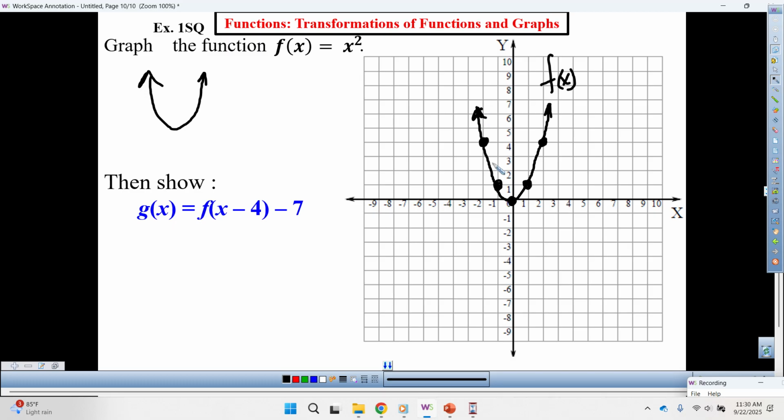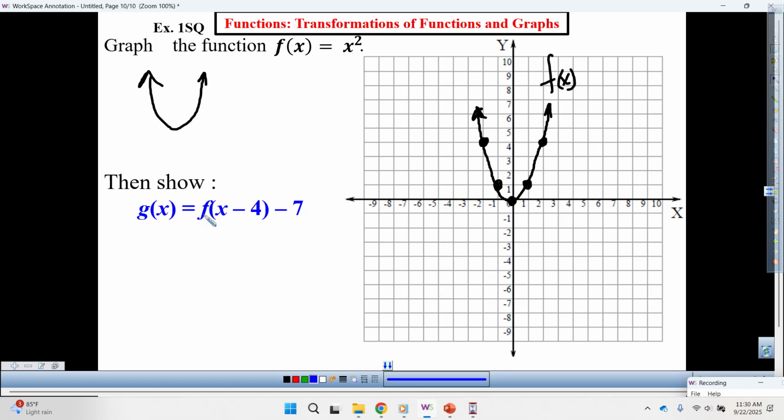All right. Now, does everybody know where I got those points from? Yes? Negative 2 for x, what is negative 2 squared? 4. Negative 1 for x, what is negative 1 squared? 1. 0 squared is 0, 1 is 1, 2 is 4. Next,